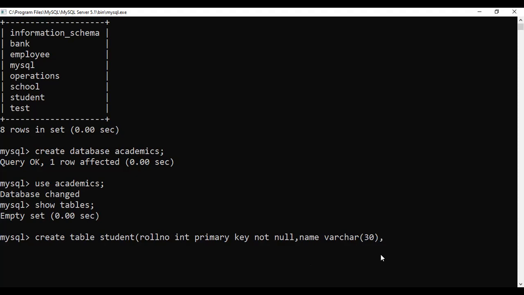Sometimes in the question, create table will be given with the data type of the table, the column names, the sizes, and the constraints. So accordingly you have to give. Here you can give all the constraints, like not null and default. So name, I just give name varchar of 30. Now I am accepting marks: mark 1 for the first subject as integer, and mark 2 also as integer.